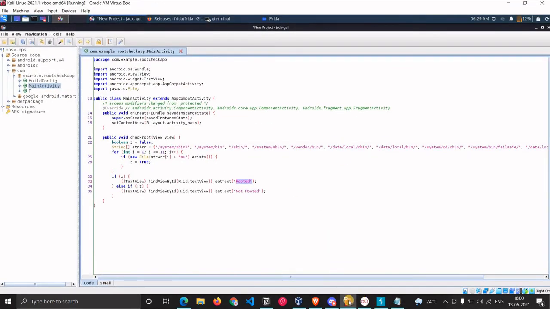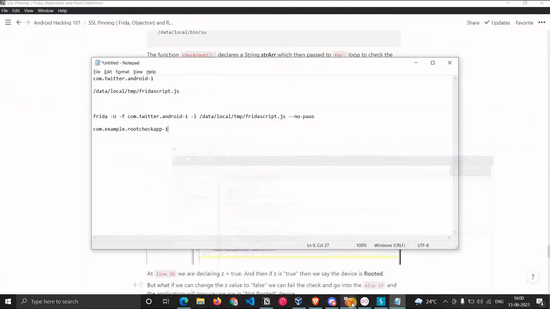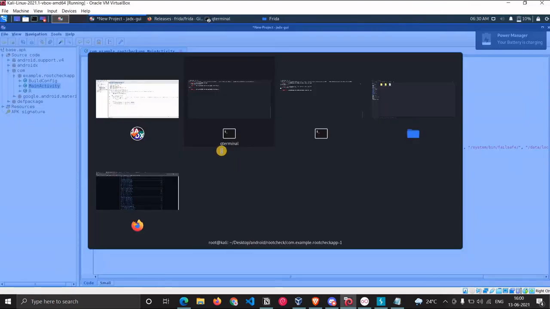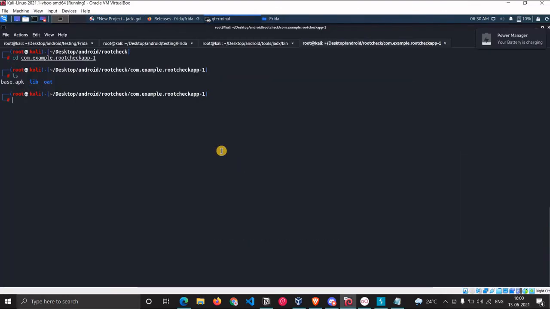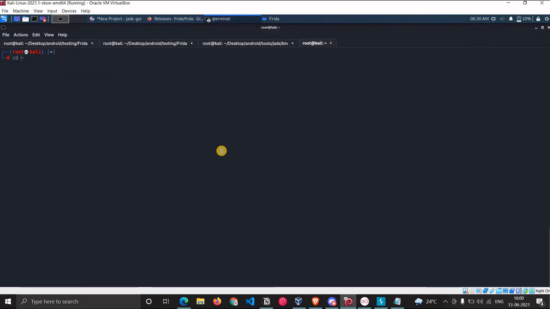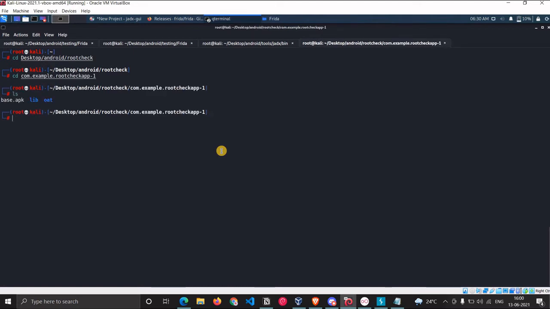Now we will decompile the application with the help of APKTool first. Here, let me go there. It is under rootcheck, and this is the application.